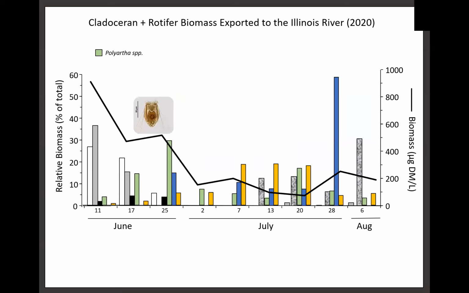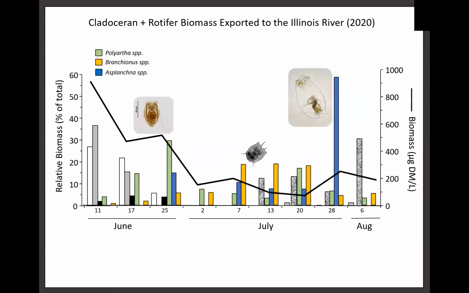And if we add rotifers into the mix, although we have more than 100 rotifer species that we've identified from Emiquon, a few genera dominate the biomass of the system in any given season. So during the summer drawdown of 2020, Polyarthra, shown here, comprised 30% of the total zooplankton biomass exported in late June. Several species of Brachionus averaged about 20% of total biomass in July, followed by a pulse of